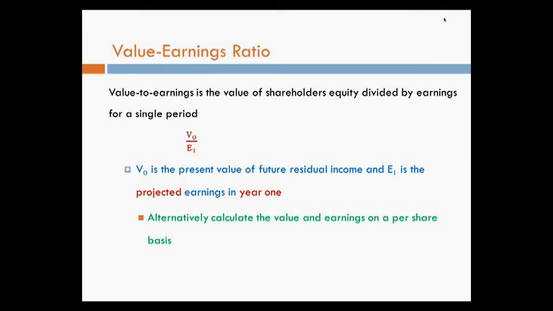Now let's look at some of these earnings ratios. We did the book ratios. Value to earnings. Again, in and of itself, it doesn't do much for us. It's only good because we're going to compare it to the price to earnings, which is commonly reported and therefore a useful number to compare to. Value at point 0 is the present value of our future income. You know how to do that? At year 0.